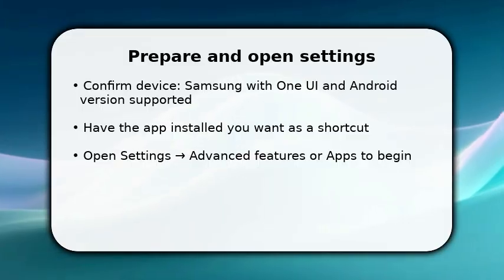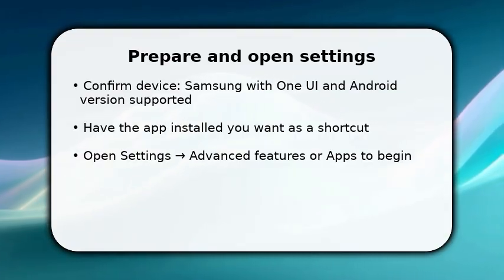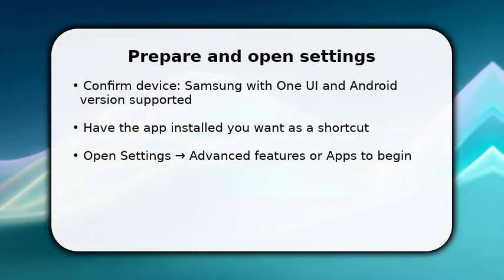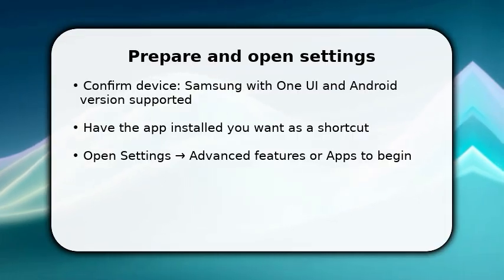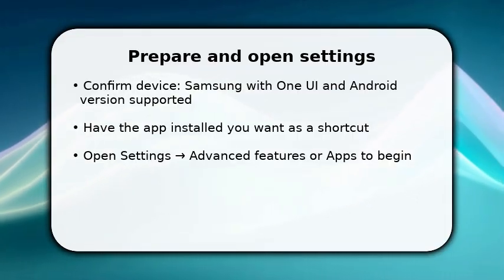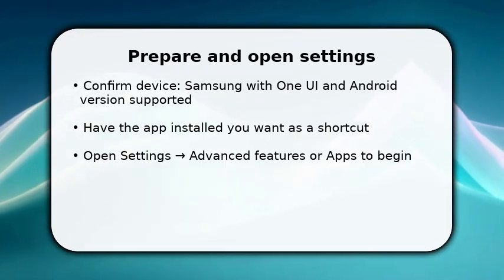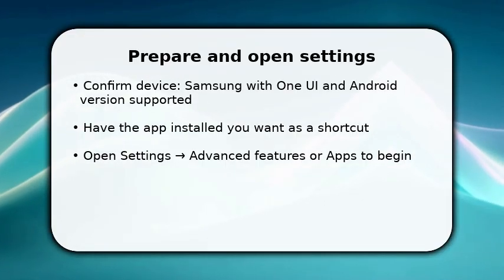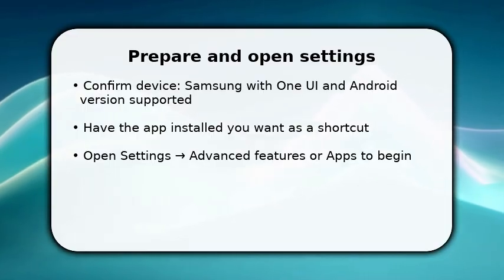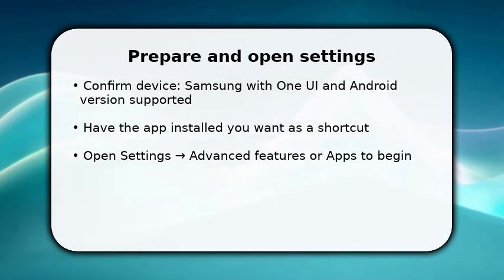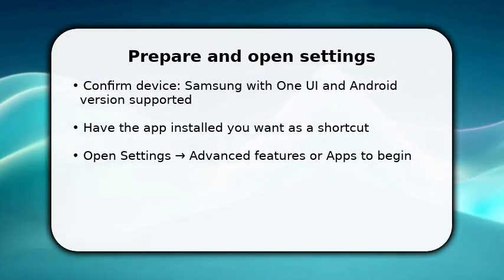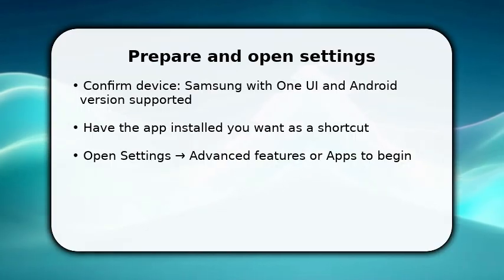You start by confirming your Samsung runs One UI and the app is already installed. This avoids permission delays. Once done, open Settings and go straight to Advanced Features or Apps depending on model. You need quick access to app shortcuts or widgets, so find Apps, then tap the three dots or the app list. Make sure to grant any required permissions for the app now, because missing permissions will block creating a functional